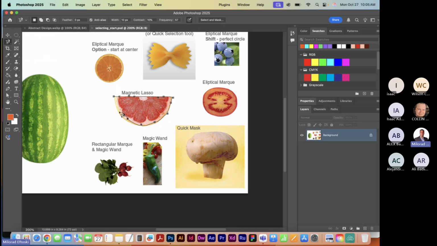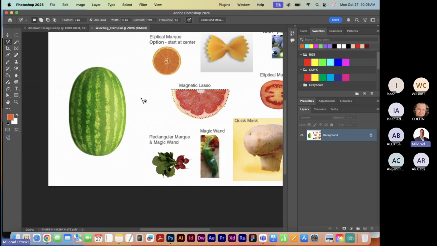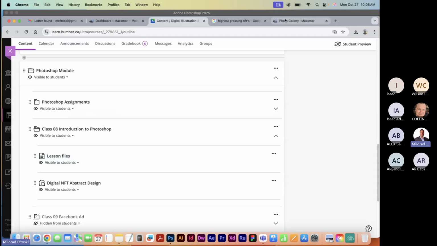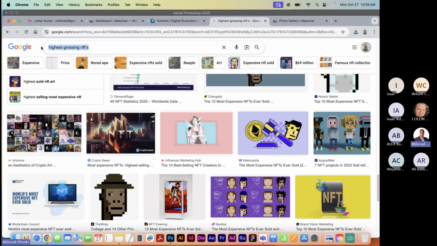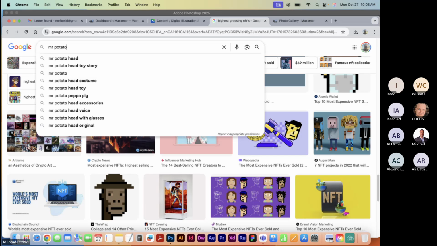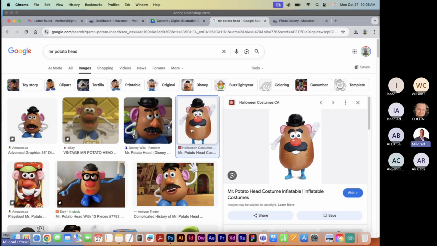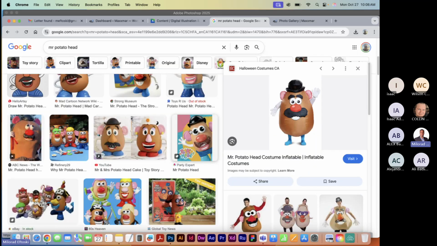So the whole purpose is to put this whole thing together, extract it, and dress up this melon head like Mr. Potato Head. If you guys know who Mr. Potato Head is, it's this thing right here. I used to do the Mr. Potato Head back in the day. We would dress this whole thing up using the Mr. Potato Head parts,